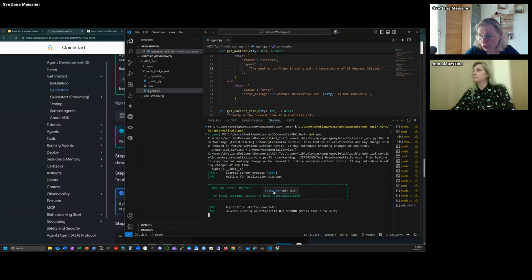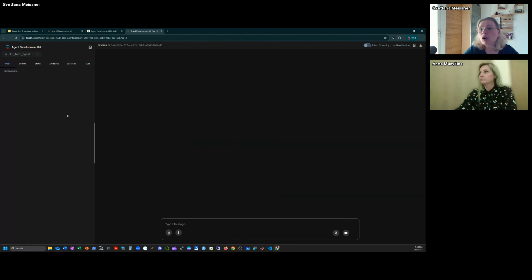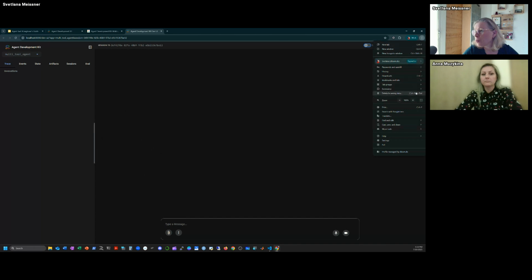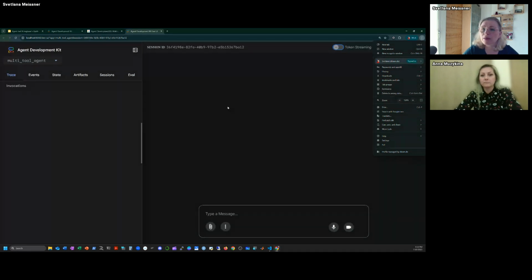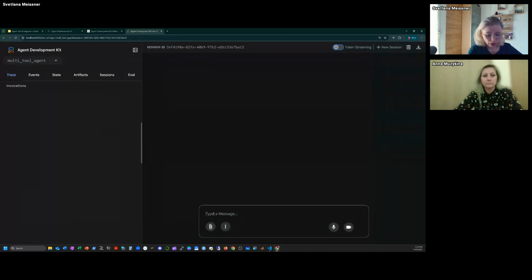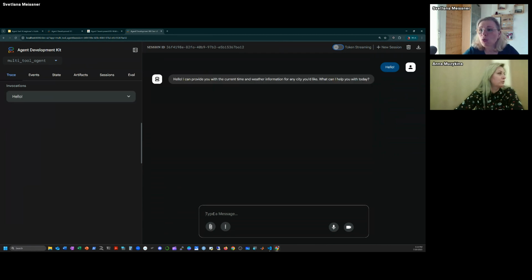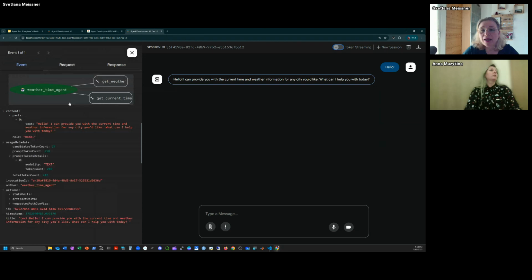Now we have the possibility to follow the link, localhost. And here we have this environment where we can, again making it bigger, communicate with our agent, our first agent. We can write hello, and then we can see also how it's working. So the agent, just with this weather and time agent, so hello, and if we're clicking here, at the moment it's showing all the steps,